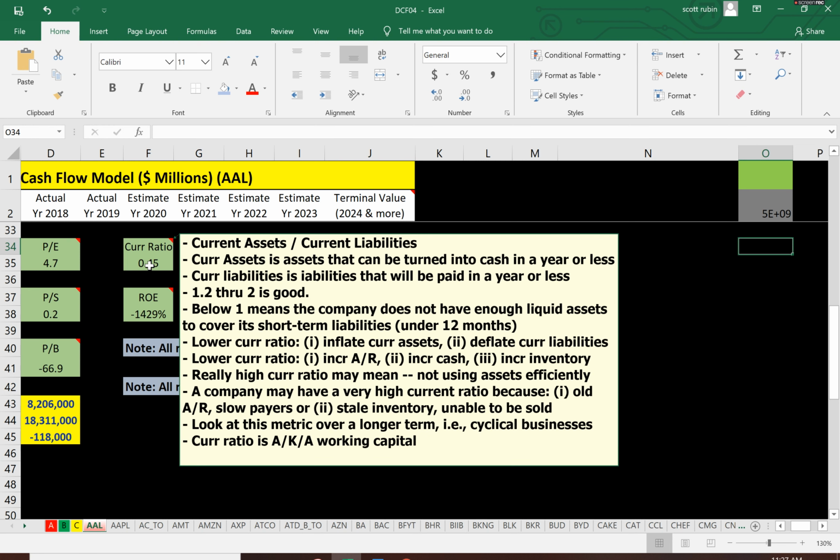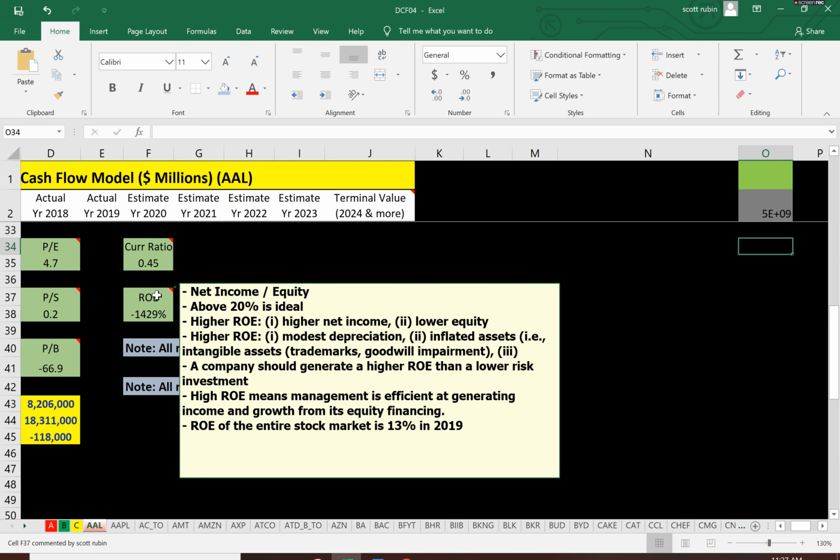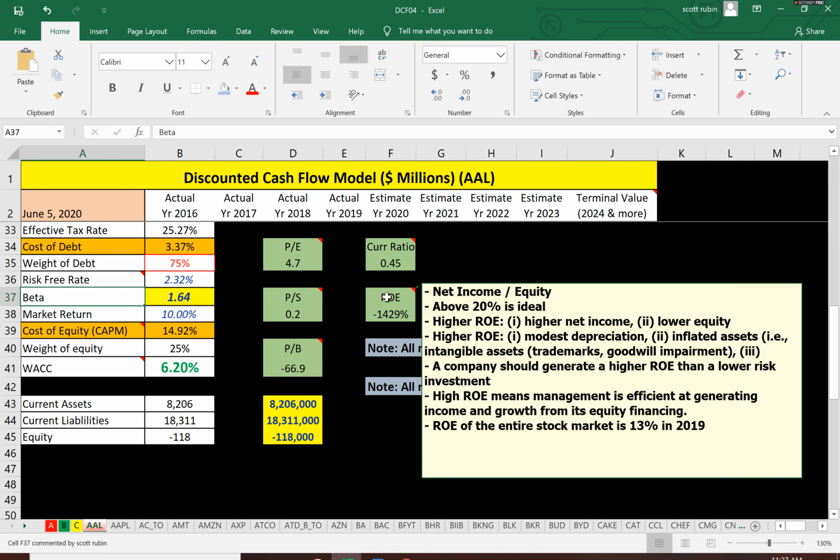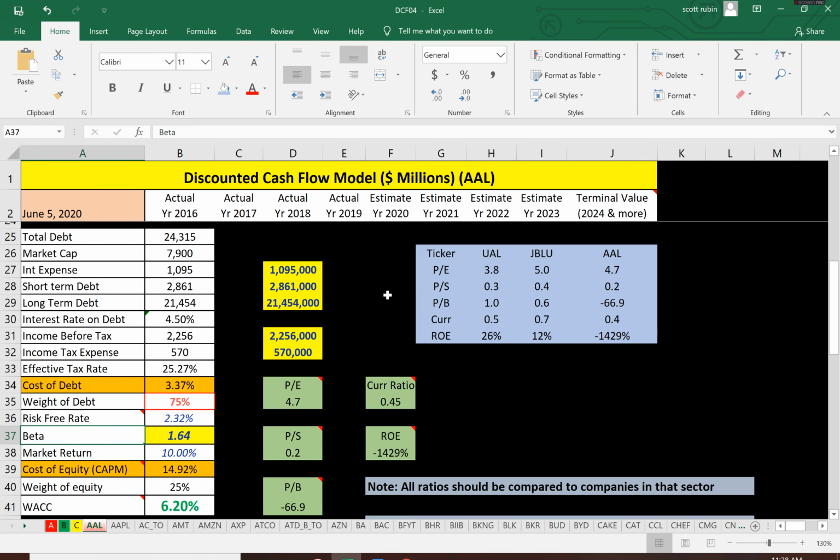But that's unlikely. And the ROE is their income over equity, and that's negative in their case, and it shouldn't be negative. But since they have negative equity, it gives a kind of poor indication of the number. You want above 20%. That's actually what I look at. And now I'm going to show you, now that I've done United and JetBlue, I still need to do Delta, but I could compare their